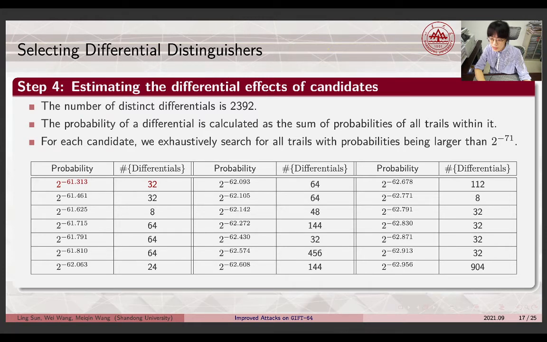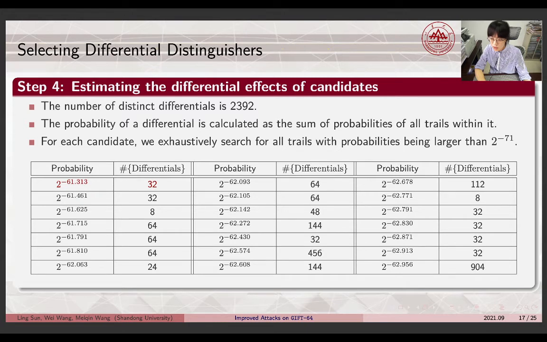Before evaluating the probability of the distinguisher, we notice that some of the 3,096 candidate trios share the same input and output differences, and the number of distinct differentials is 2,392. In order to obtain approximate evaluations for the probability of these differentials, we use the set solver to search